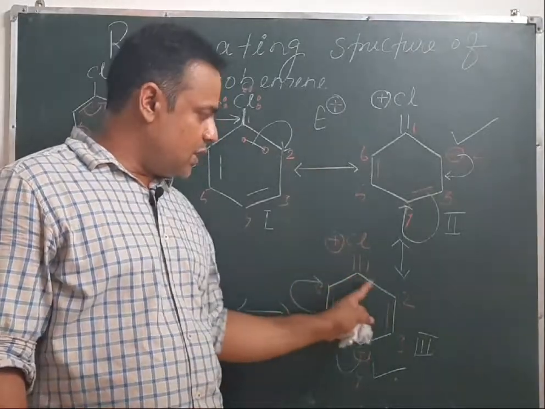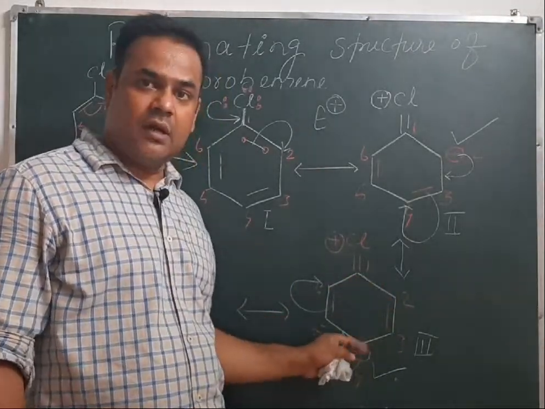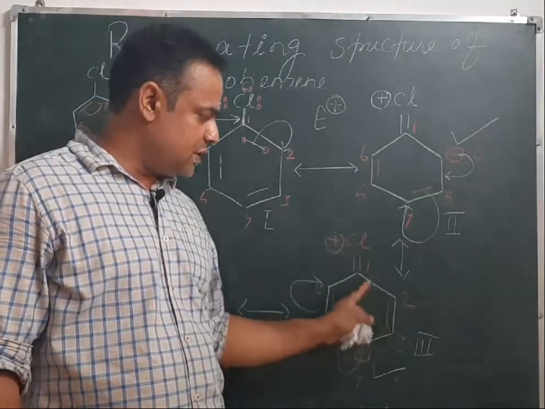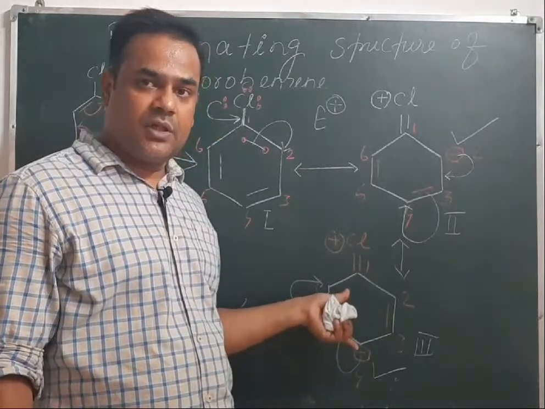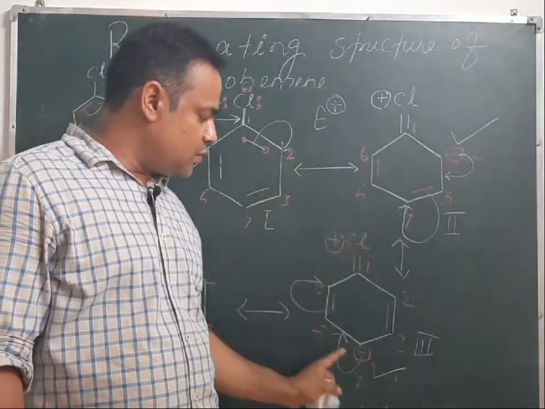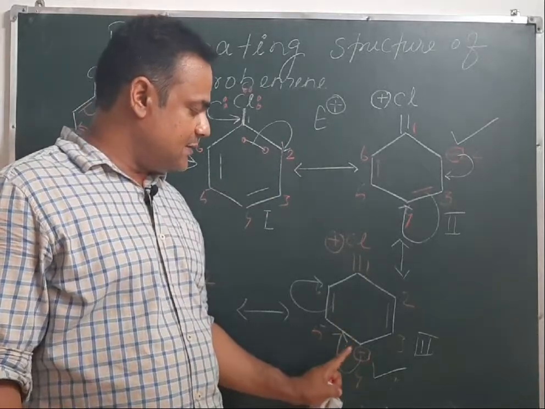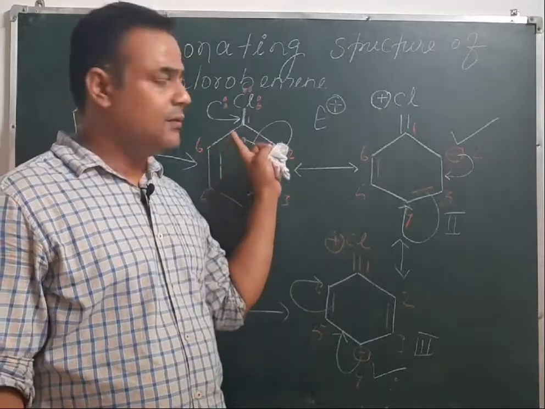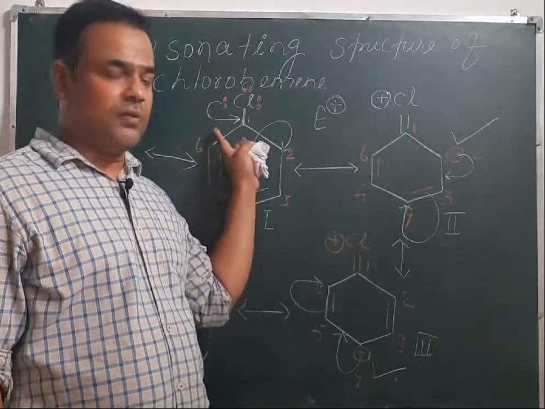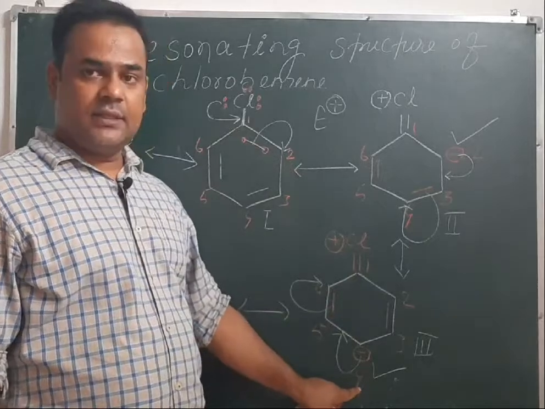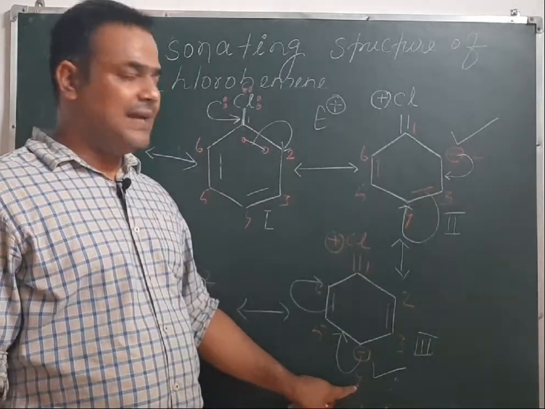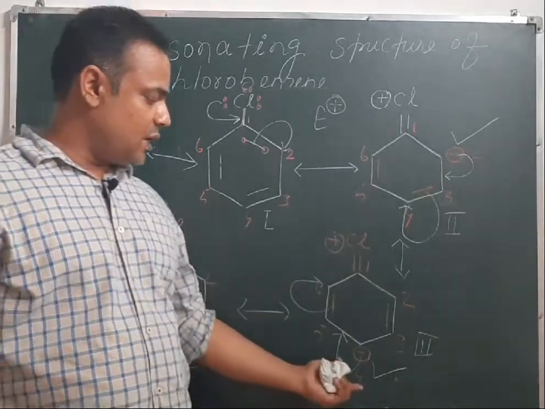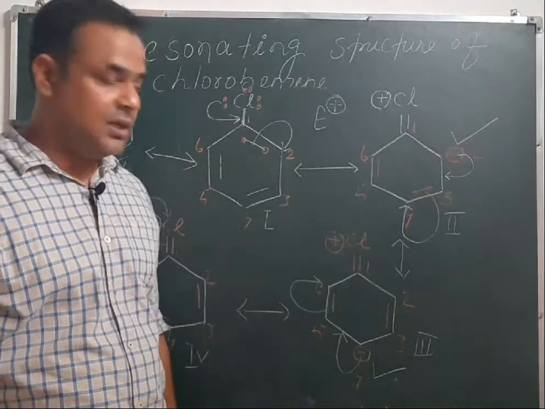and at carbon number 4 this electrophile is 1, 2, 3 bonds away from this carbon atom. You can see the separation between carbon number 1 and 4 is of 3 bonds, 1, 2, 3. Due to more separation, the electrophile attacks more on carbon number 4, that is at para position. So chlorobenzene is ortho para directing, chlorine is ortho para directing for electrophiles, but the major product will be at para position due to less electronic repulsion and steric hindrance. So always attack at the fourth position will be the major product.